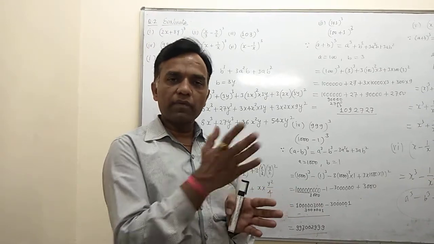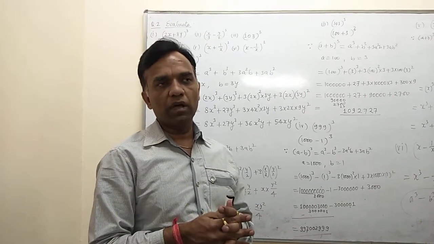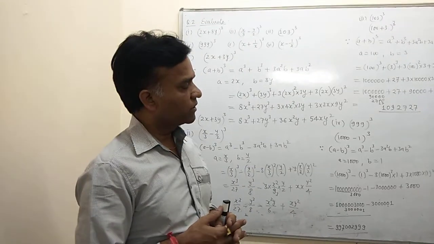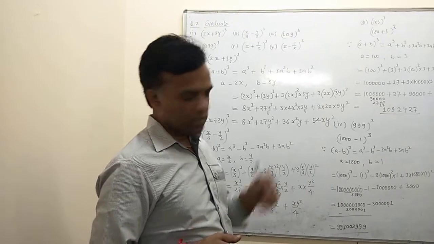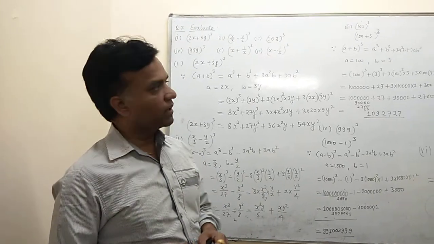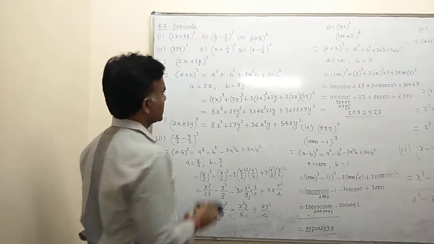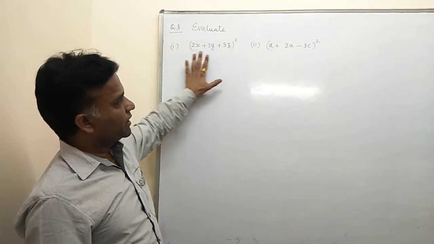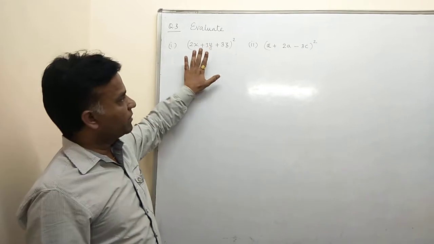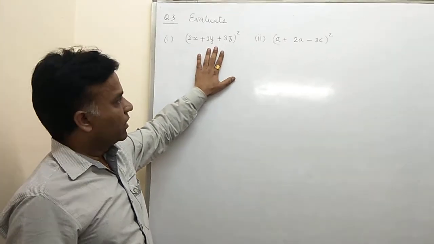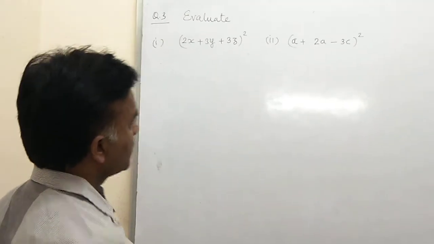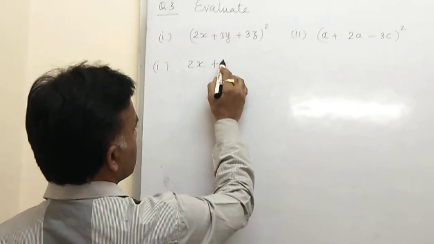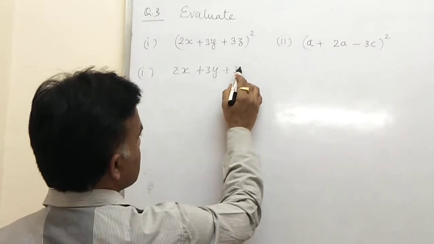All this identity we use here. Okay, so now in the next, factorize the sum part. So now, first, one more identity here: we expand (a + b + c) whole square. Okay, now we have the last expansion, related with the trinomial given in the form of the whole square. Okay, so now we use the identity. First question we have (2x + 3y + 3z)